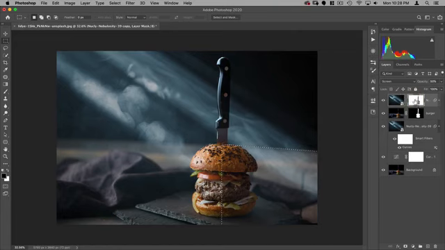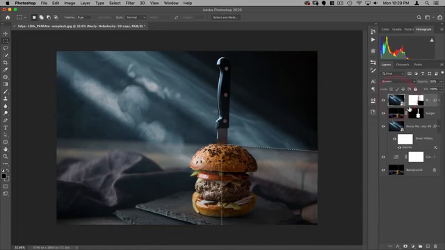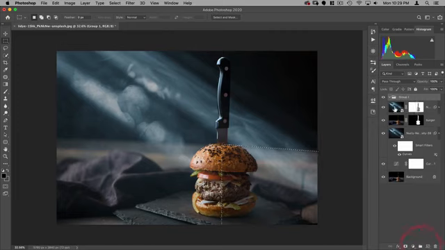And then what I'm going to do is, well, what I want to do is I want to add it to this mask. My worry is if I do that, it's going to have a sharp line, and I don't want that. So what I'm going to do instead is I'm going to put this in a folder. And this is kind of a hack to create two masks affecting one layer.